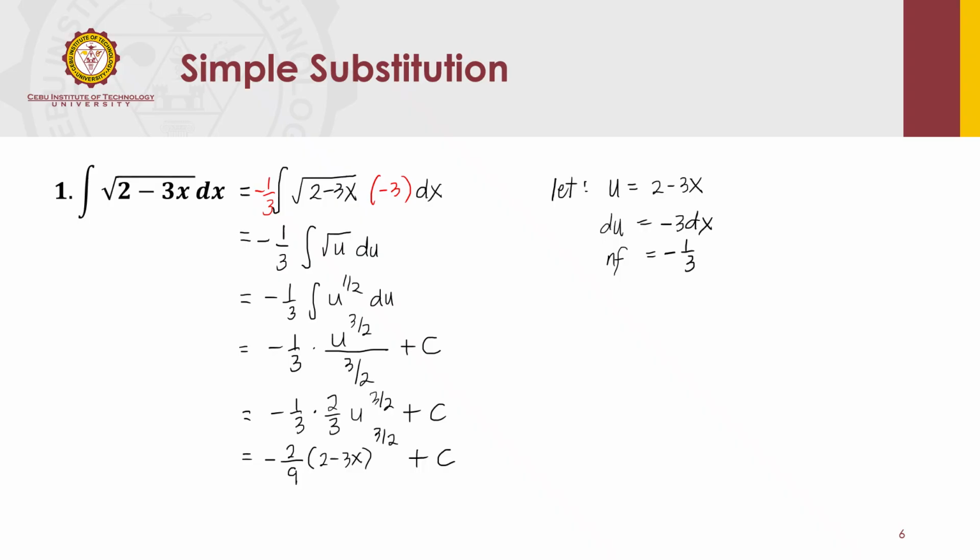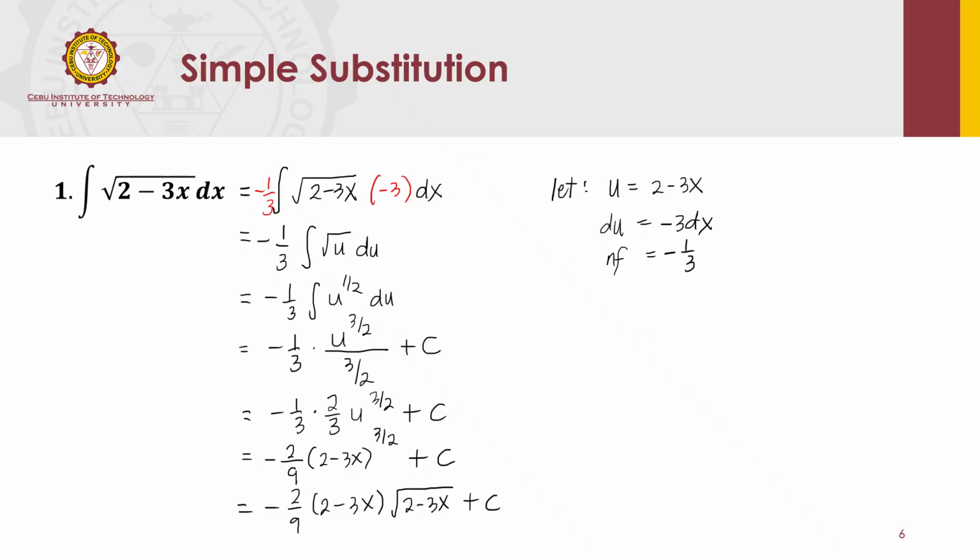But if I put an instruction that you write your final answer using radicals if the given integrand has radicals, then we'll transform this into a radical. So 3 halves is 1 and 1 half. So meaning there's 1, 2 minus 3x, and then multiplied to 2 minus 3x raised to the power of 1 half, or that's the square root of 2 minus 3x, plus c. So you can have this as your final answer.